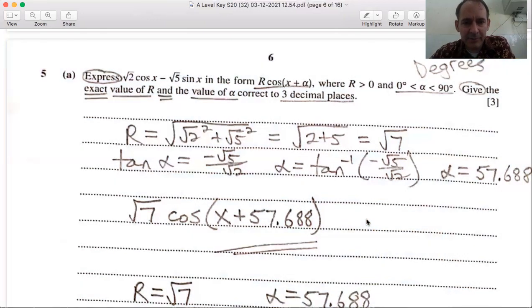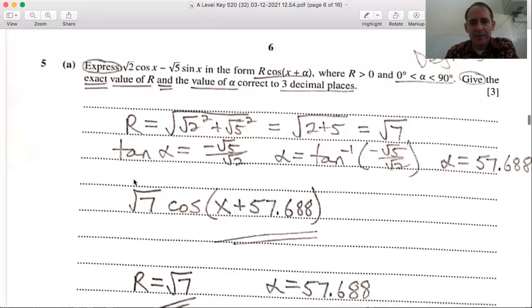And so you have the square root of root 2 squared plus root 5 squared, which gives you the root of 2 plus 5. Don't cancel out the radical with the exponent. Radicals do not distribute over add and subtract, so you cannot cancel those. You have to work out the exponents on the inside of the radical. You get 2 plus 5, which is 7, so you have the square root of 7 for your exact value